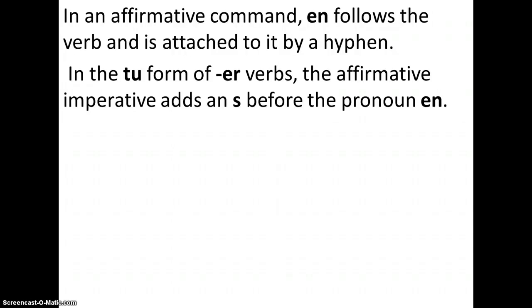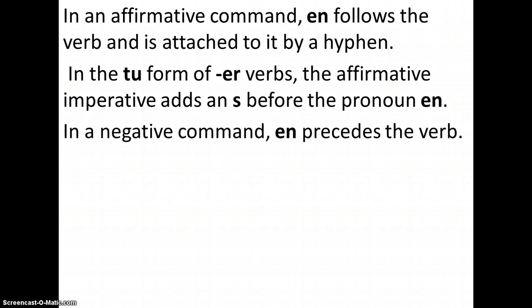Like for example, joue au basket, play basketball. There's no s because it's imperative. When you say tu joues au basket, it has an s because the tu form of the er verb has s at the end. But when you use it as an imperative or a command, you drop the s. But in this case, with the pronoun en, you have to put the s back,